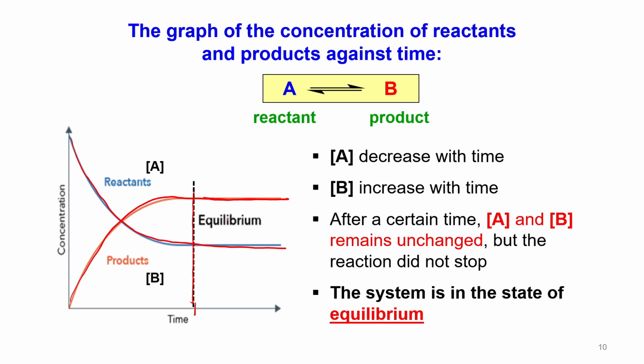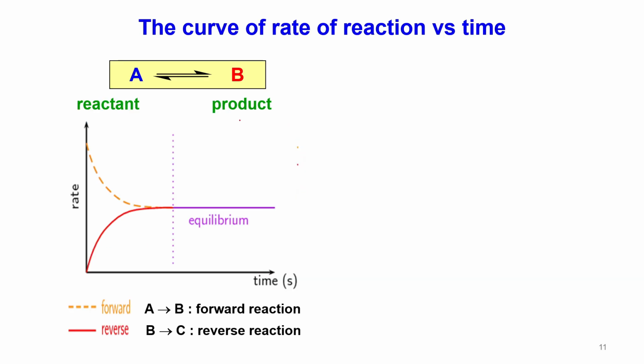So pada keadaan ini, sistem dikatakan said to be in a state of equilibrium. Alright, so these are the curve of reaction versus time. Okay, so A produce B, reactant produce product. So the forward reaction, and these are the reactant. Okay, they can reduce, okay, until it produce